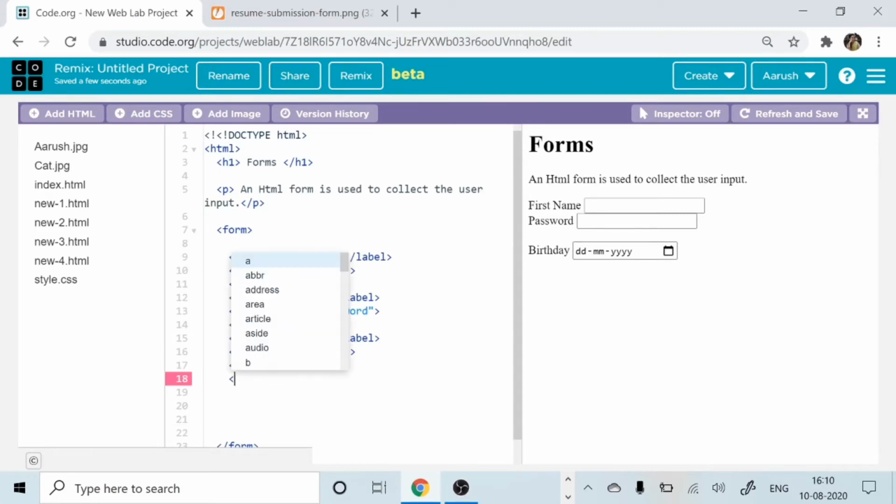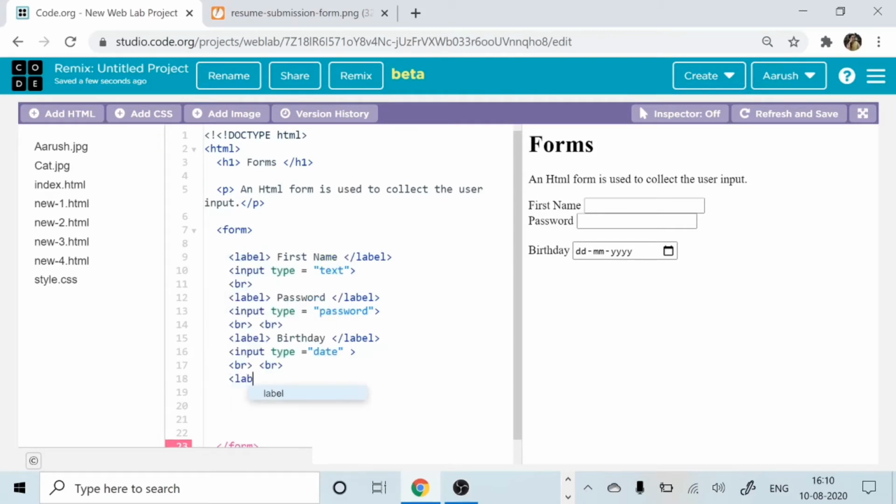And then I would say another label which says, please enter your gender, right? So that is what we are trying to say over here. Okay, just give me 1 second. I've gone the wrong way. Okay, and this way. So see, please enter your gender.